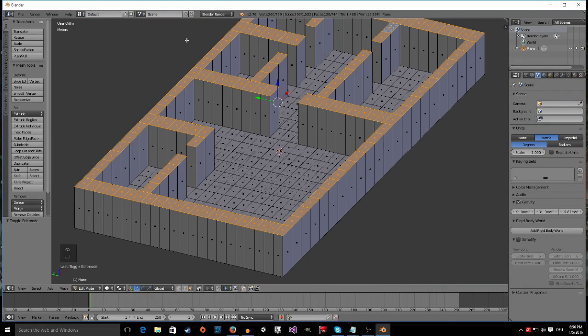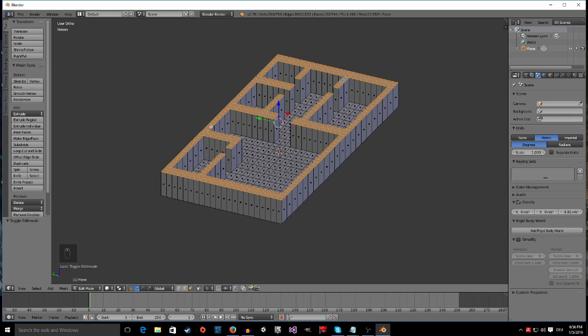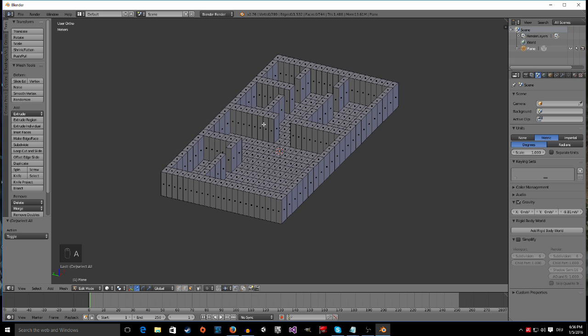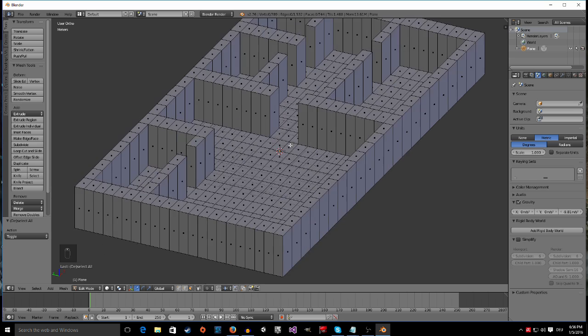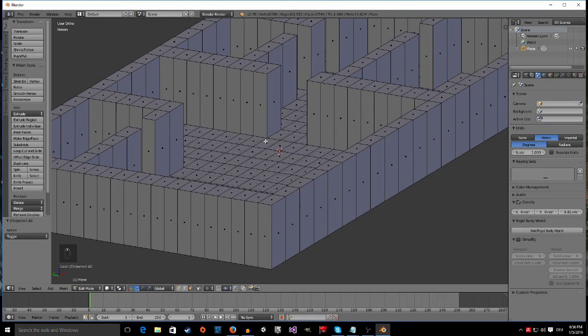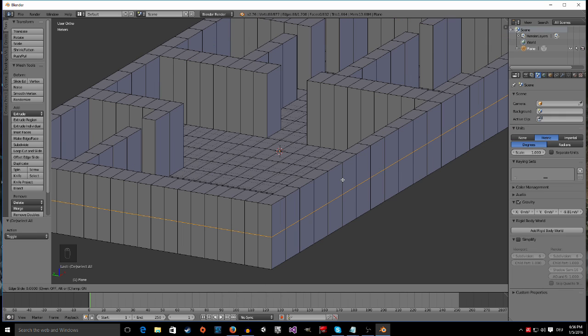To do that, we just unselect everything we have here. We press A to deselect everything, and then we press Ctrl and R to make a so-called loop cut. This is this purple line you can see. Now if we click and simply drag it up,